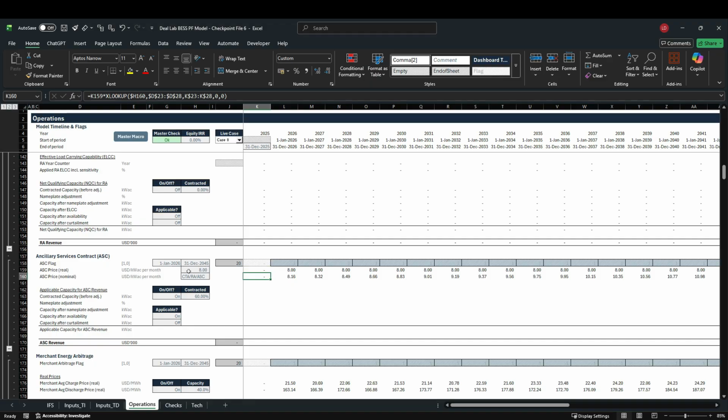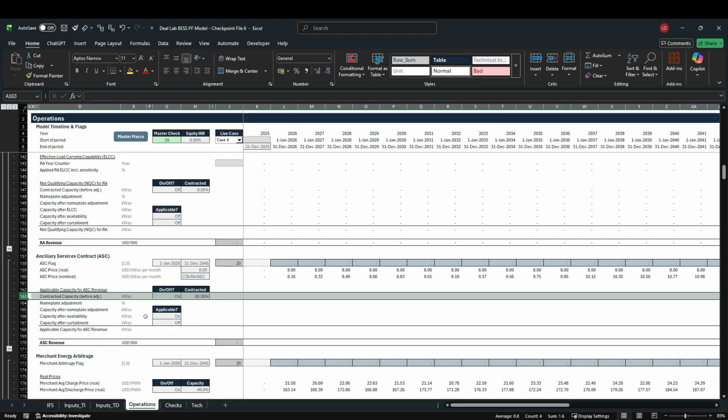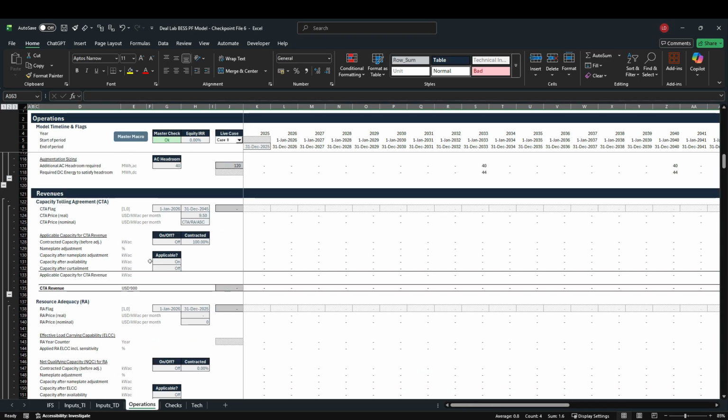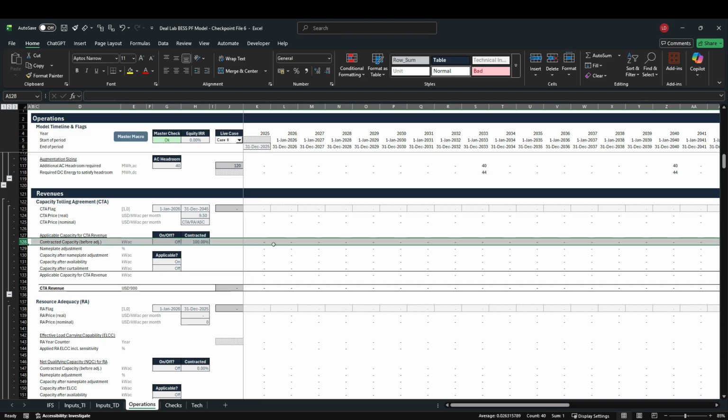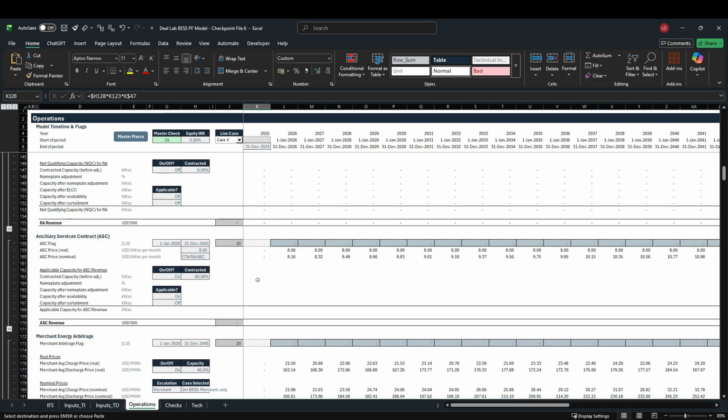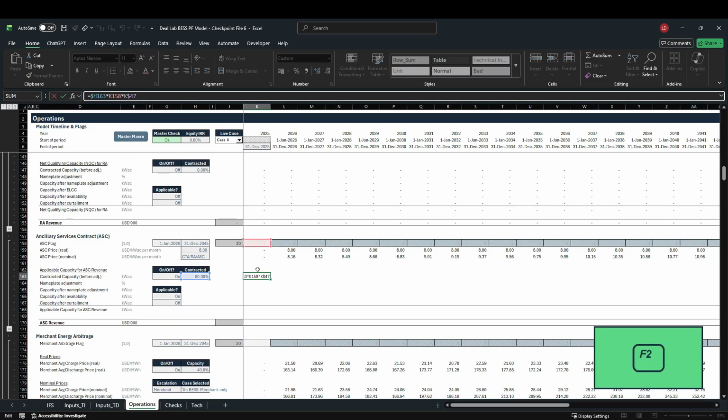Now let's move on to row 163, which is our contracted capacity before any adjustments. So let's see if we had the same row for our tolling agreement. And yes, the logic here was the same. So pick up this formula here, Control C, paste it here, hit F2, and here we are taking 60% of our total capacity, multiply it with our proper flag,